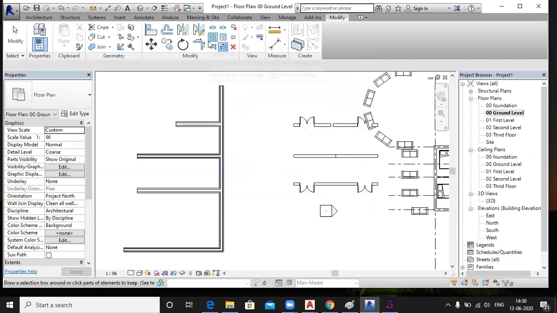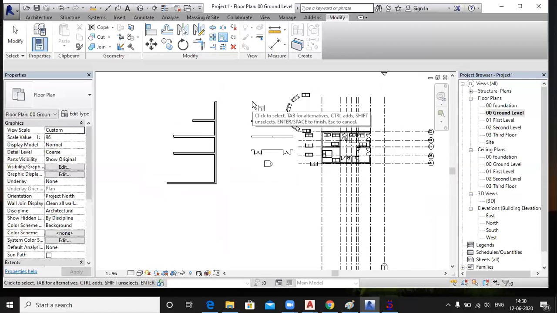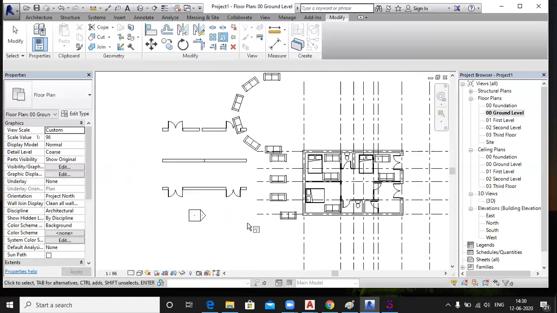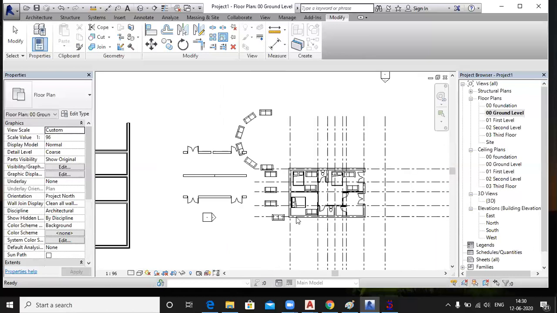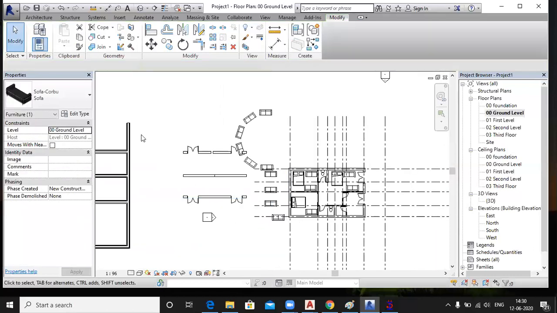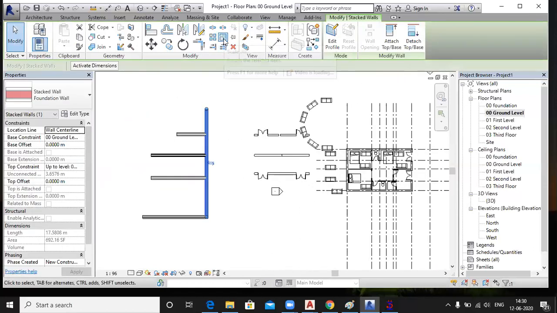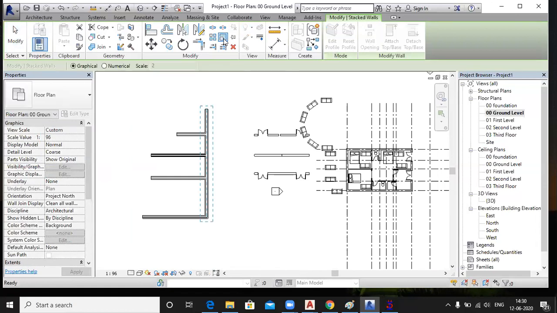You can activate the scale command and click on the wall, or click on this sofa, which will not be activated. You can select the wall and activate this scale command, right? Now your wall is selected automatically